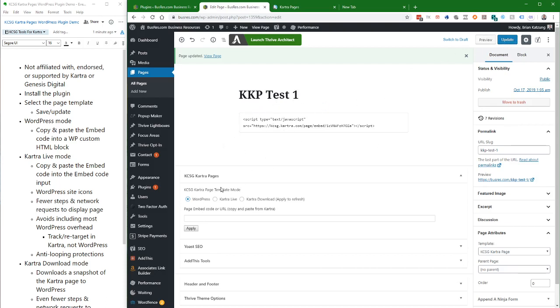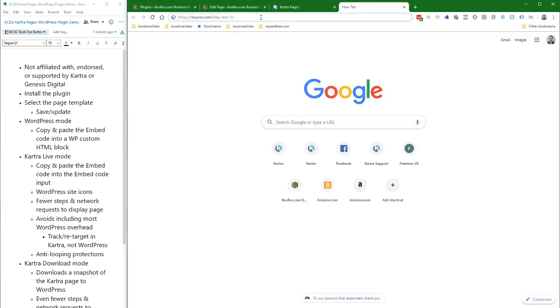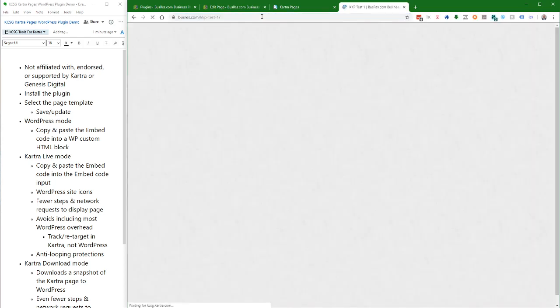I've already saved that for this page, and then I'm going to select the WordPress mode and click Apply. So this Apply button just applies to these settings here. And we'll process that request, comes back right away, request complete. So now if I go to the front end of my website and display that page,